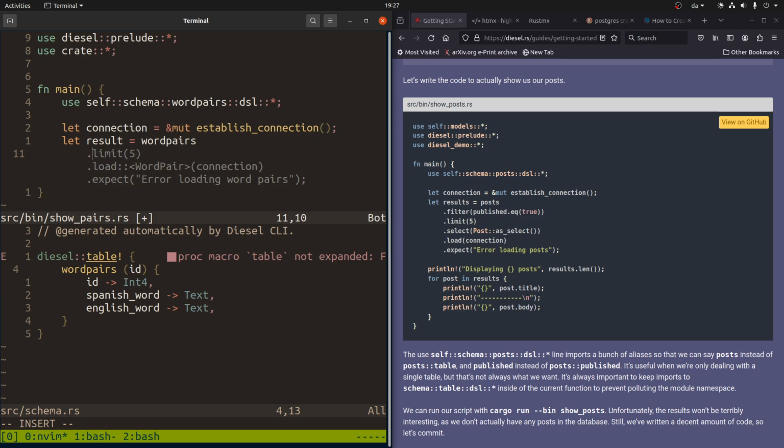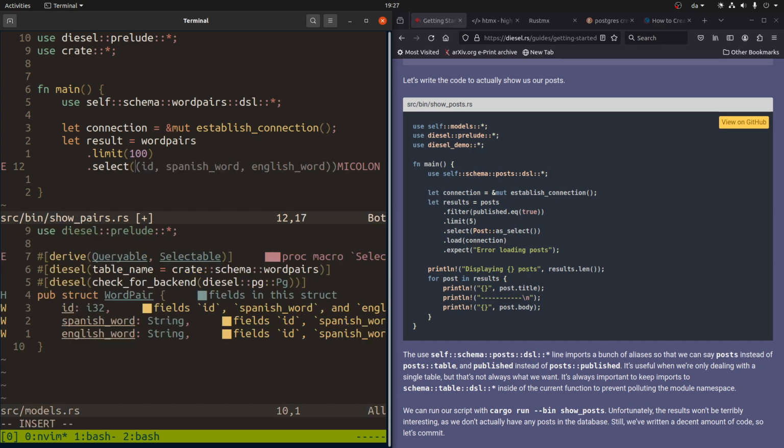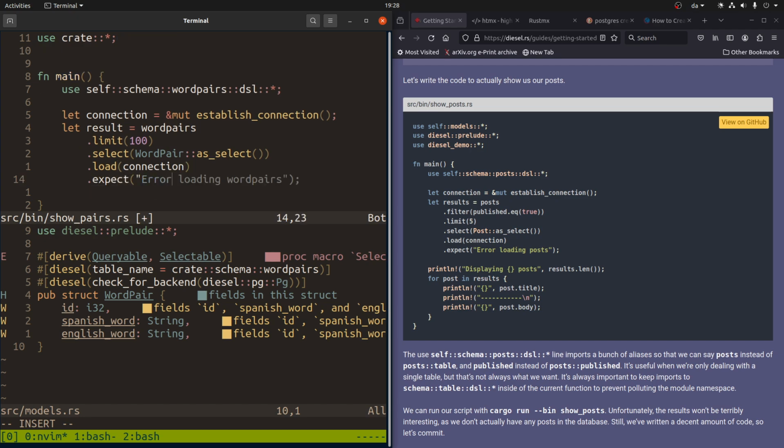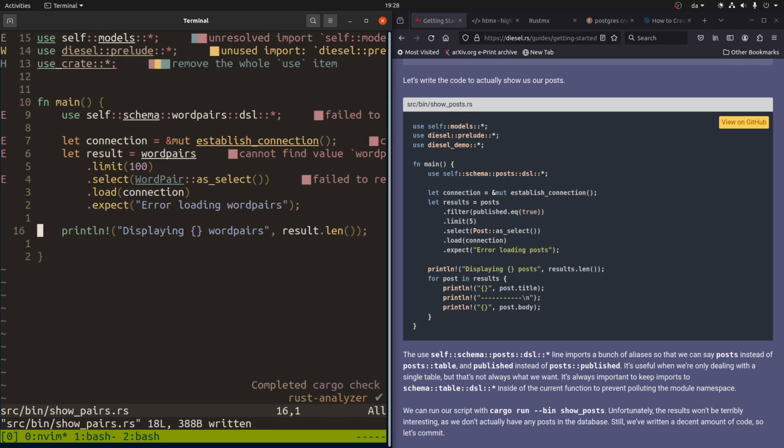So over here they have a filter, they have something called published, but we don't really care about that. Let's say we have a limit of 100, and we will select it as, and now we have to look at our model. So we have to select word pair as select. Then we load those using the connection, and then we say error loaded word pairs if it fails. And you can see this Copilot has seen this tutorial,